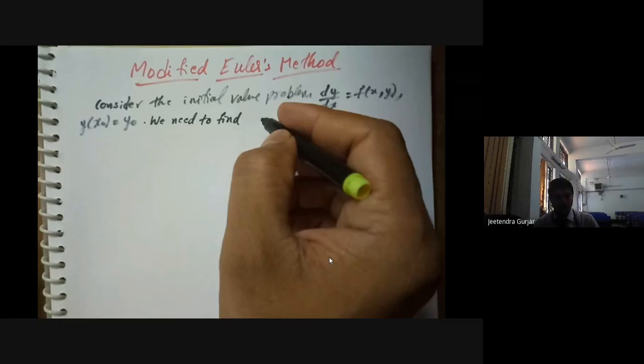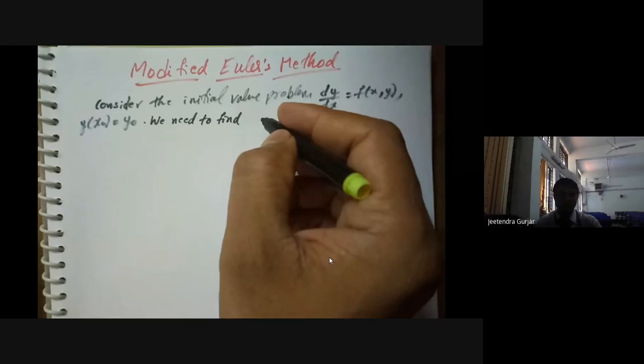So each of the succeeding approximations is better than the preceding ones and are also called the corrected value. So modified Euler method is also known as corrected value. Euler method is also known as predicted value. So it is very important to simplify modified Euler method. To simplify modified Euler method, we require Euler method also. So both the methods come across, and in the last class we have seen Euler method.